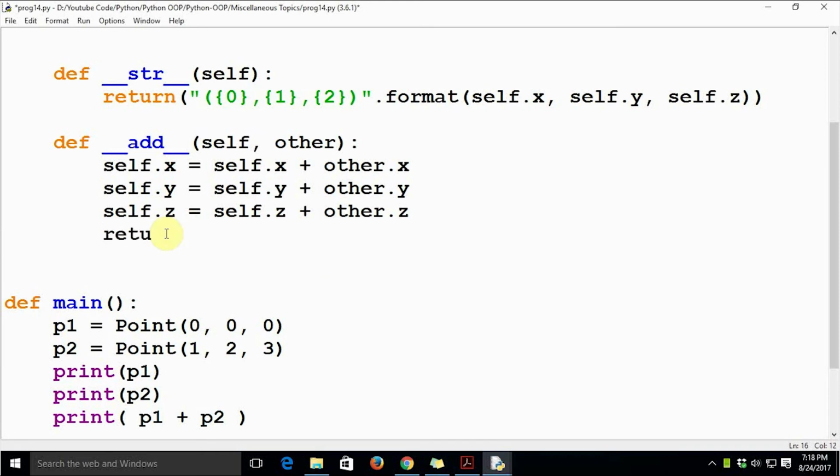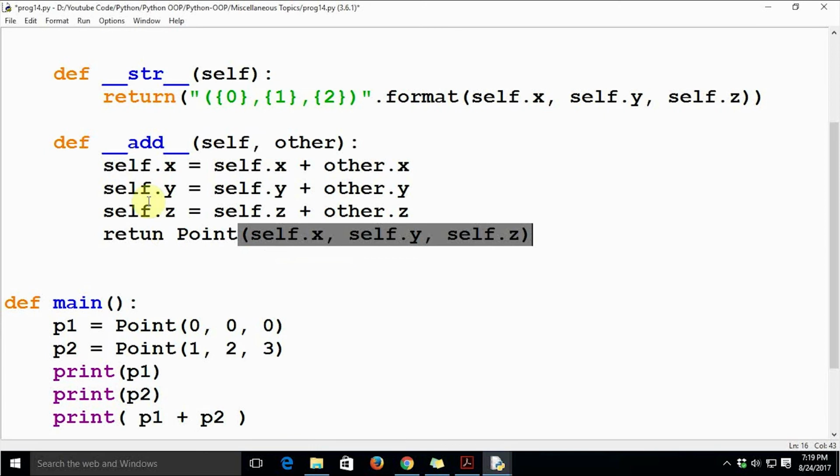We are going to create a new object for Point: self.x, self.y, self.z. So this entire method __add__ returns a Point.